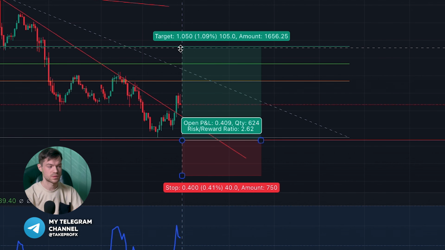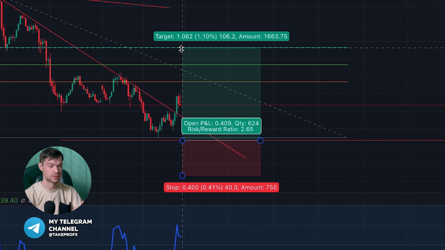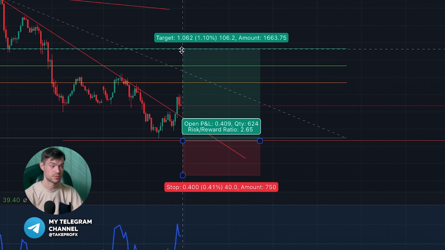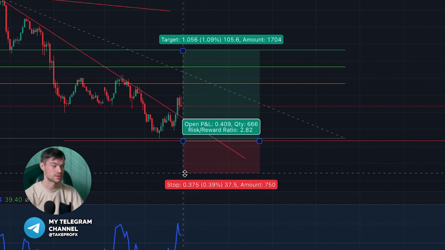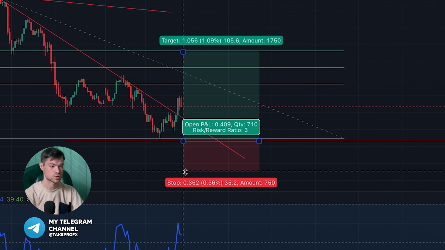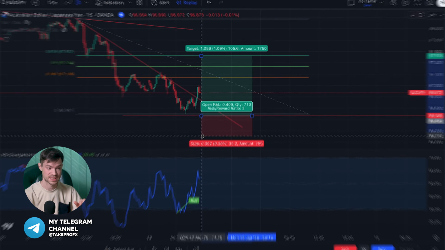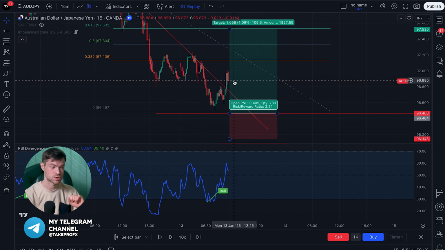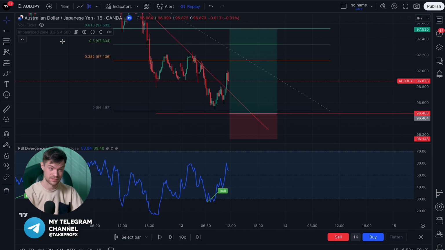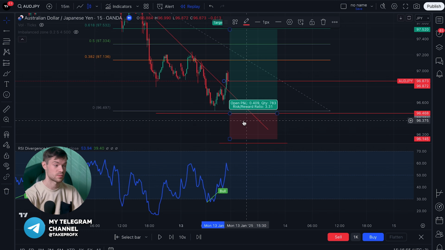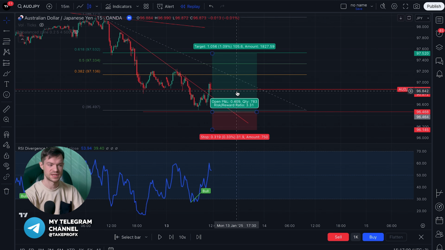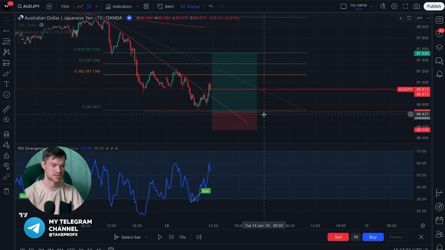Let's assume that we will have it up to the level of 618 by Fibonacci, and we can make the stop shorter by moving it too. For example, to this level. But we keep in mind that most of you would open a trade at this level and we would have a stop right here. Of course, there is a high probability that such a trade will not be taken